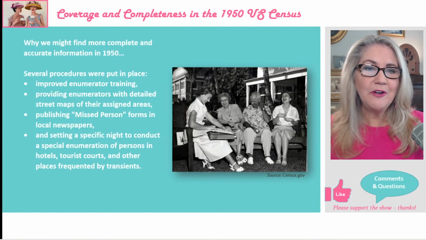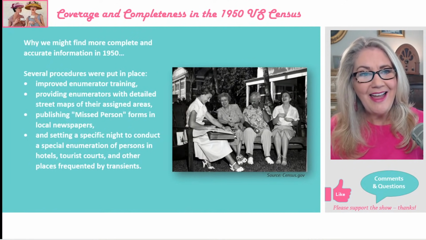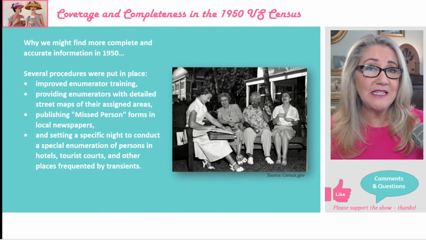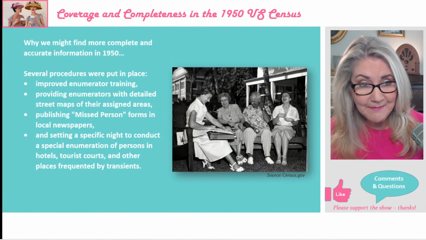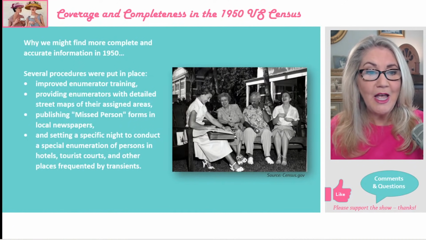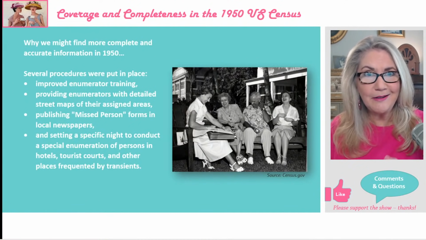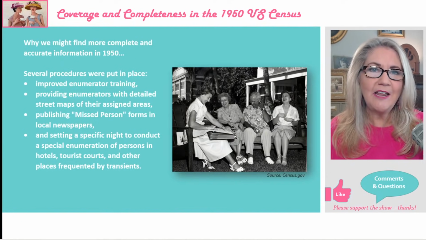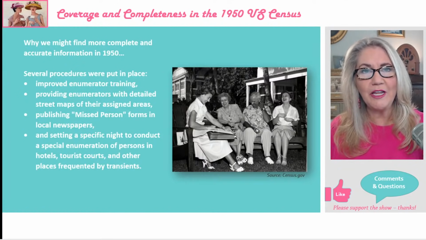So the coverage and completeness in the 1950 census, we're hoping it's going to be better than ever. We might find more complete and accurate information, and part of that is because there were some new procedures put in place. So they had improved enumerator training, providing enumerators with detailed street maps better than ever. They even published missing person forms in the local newspapers to try to bring out folks who they were looking for. And they set aside a very special night to conduct a special enumeration of people who were in hotels